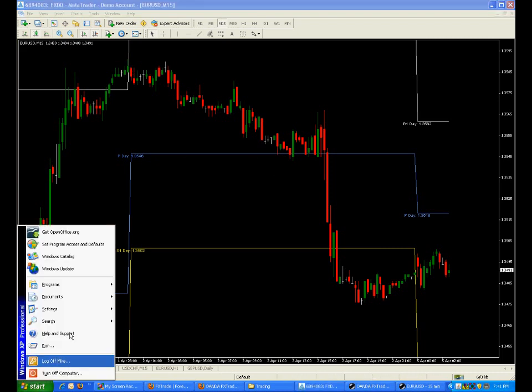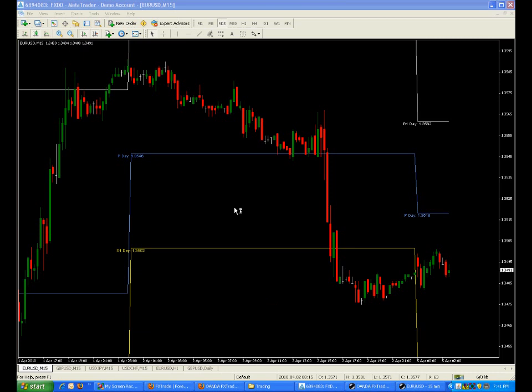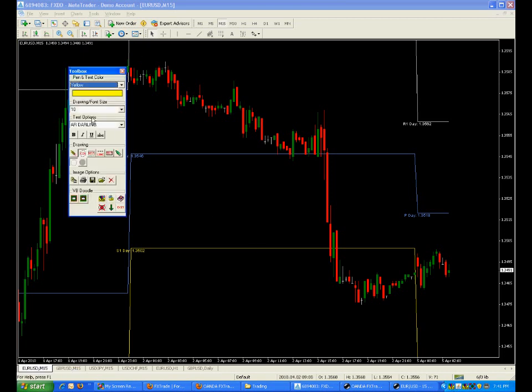We spent most of the day, where's my little tool? Where are you, VB Doodle? There it is. Great little screenwriting tool for free. All right, and it's down here, so let's bring it up. So we can see that it spent the entire day above, let's knock it down a little bit, 4 is probably good, above the pivot point,